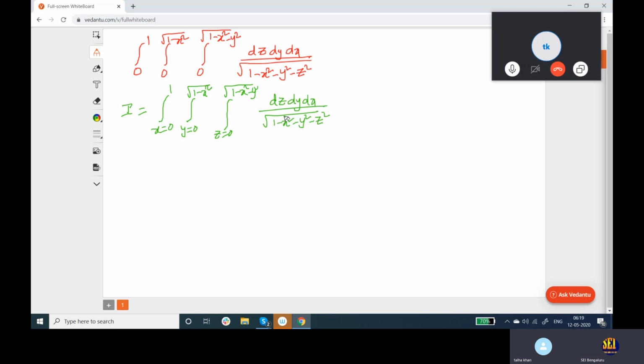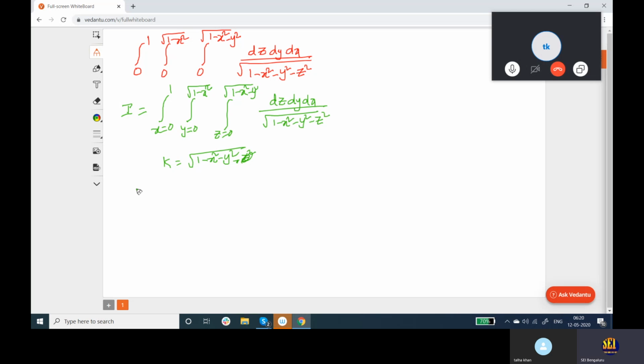Yes? So we shall first integrate with respect to z, by treating x and y as constants. So let us say k is equal to square root of 1 minus x square minus y square. This is only for convenience. What we discussed, you can mention it as k; z square you leave it. So 1 minus x square minus y square.